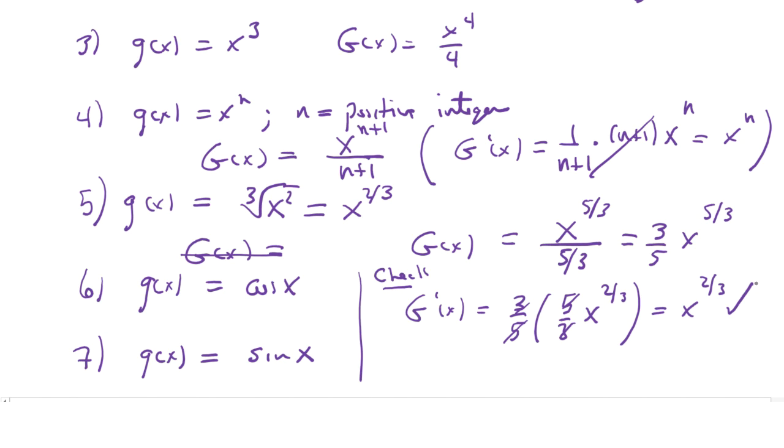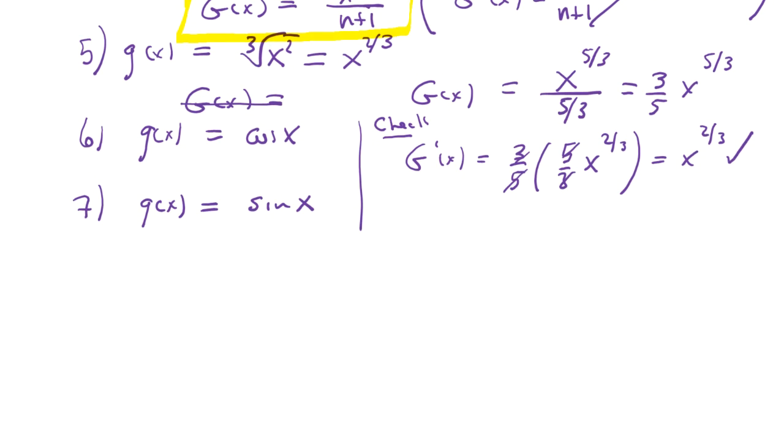And so you can use the pattern in problem 4. Highlight this here. This ends up becoming a general rule wherever it's defined. So not only does it work for positive integers, but it works for any real number. And you can see the only real number where it wouldn't work would be when n is equal to -1. And that's a special case that you'll learn later when you study the book. We won't discuss that now in this brief introduction.